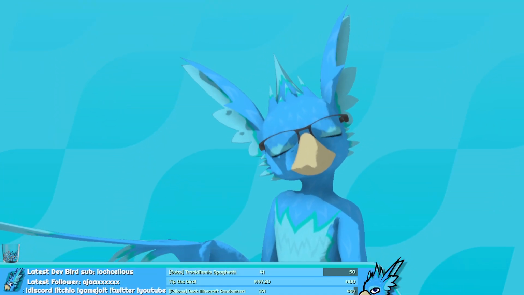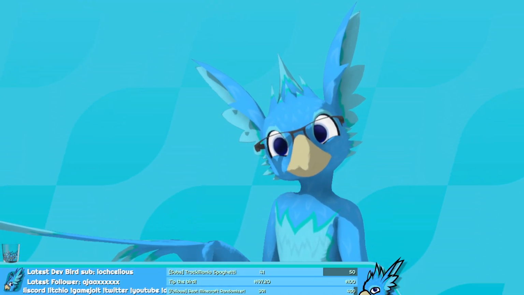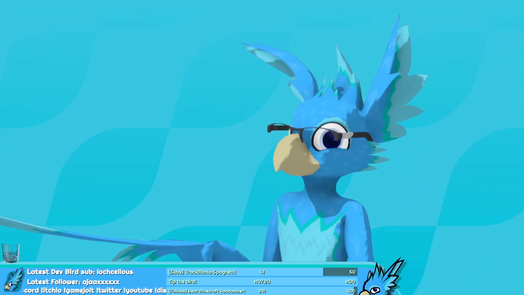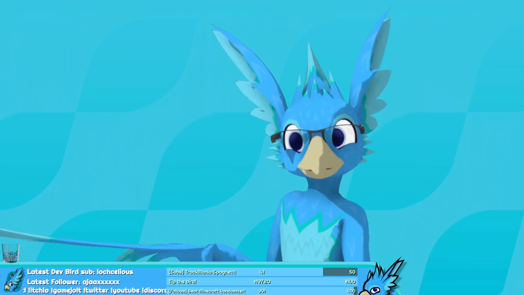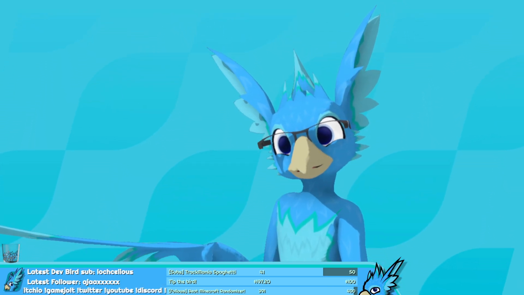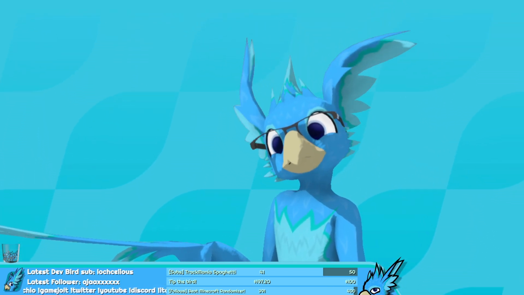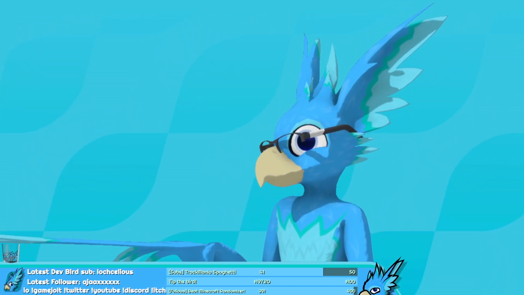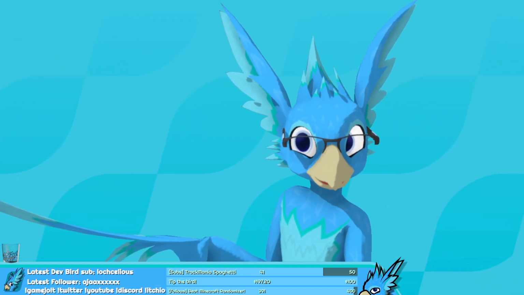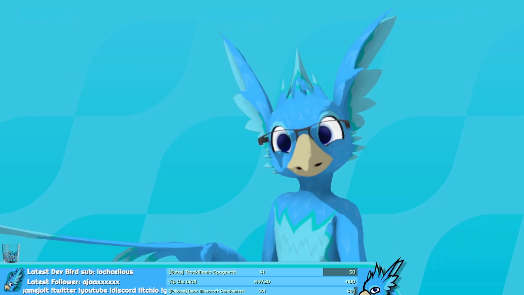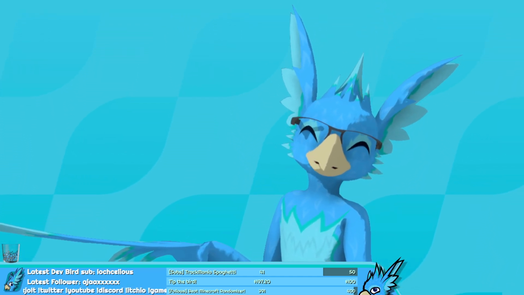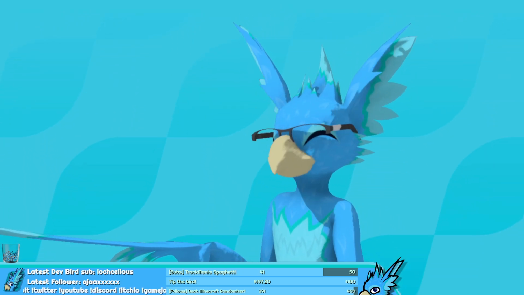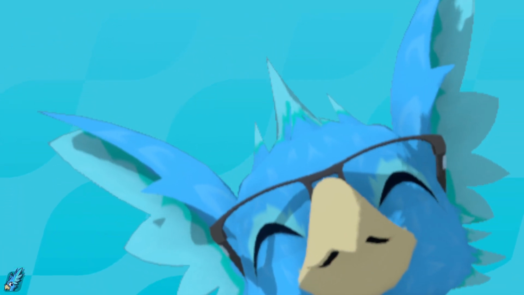You want to know what it looks like? Well, there it is. Hello. It's the VRA cam. At this point, for the VRA streams, I'm going to use the VRA cam just to show the potential, not using that proprietary junk I made a while ago. It's time for the new and shiny camera.